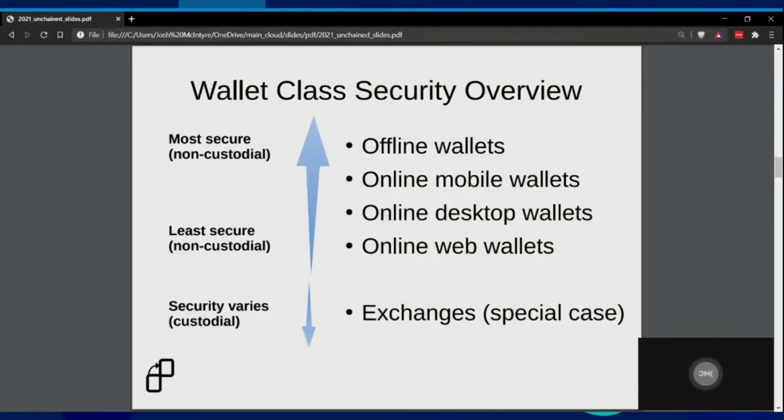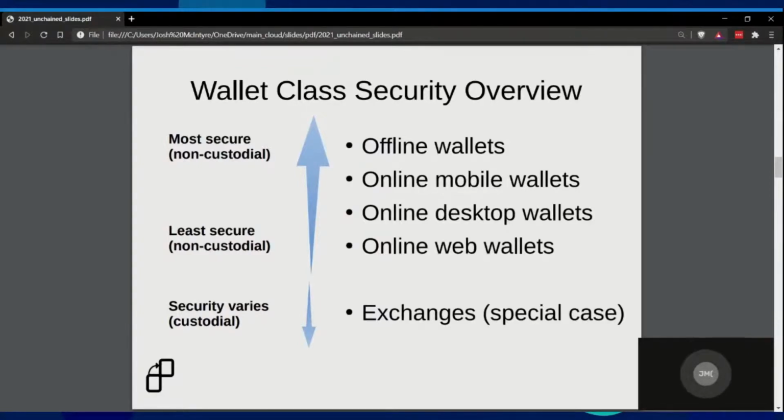The reason that professionals like Andreas Antonopoulos, some security professionals, and I say mobile wallets are preferable in the online space is because the operating system on your mobile device is going to be locked down a bit more than the operating system on your desktop, for example. And we'll get into that a little bit more.